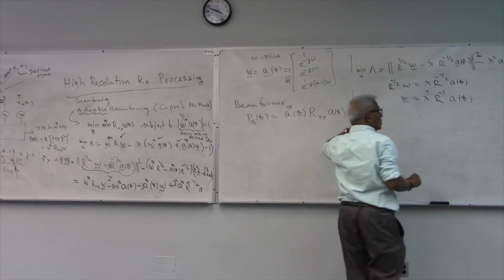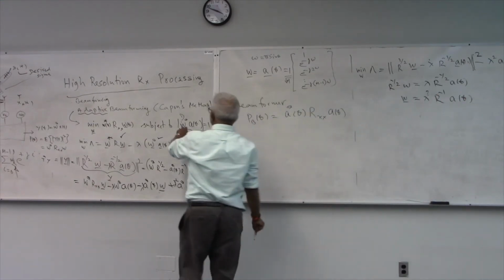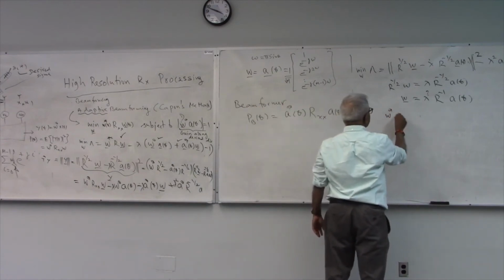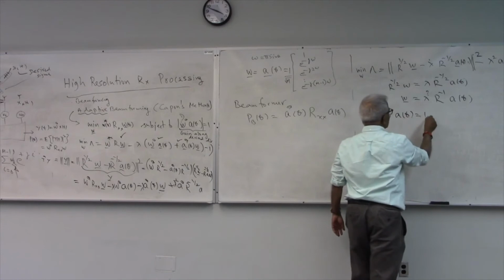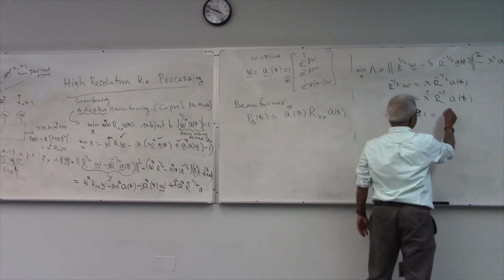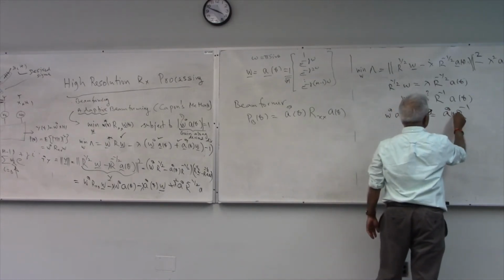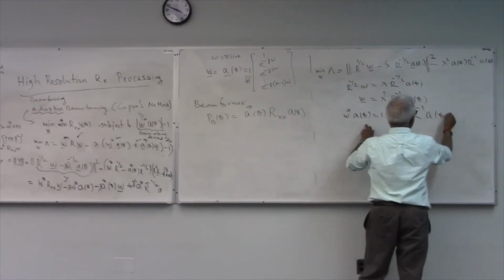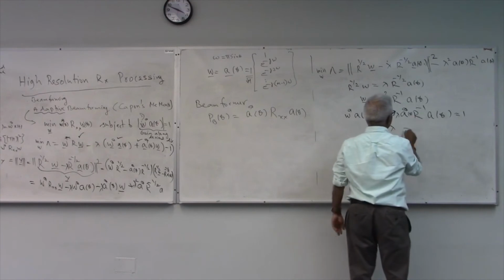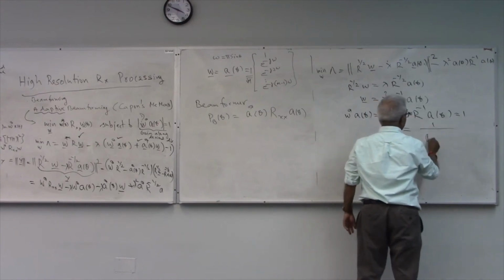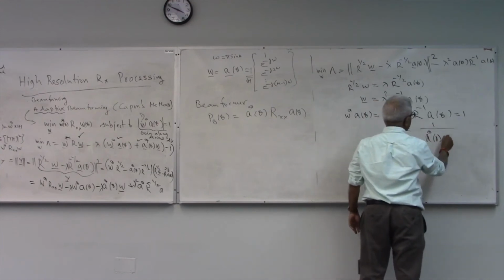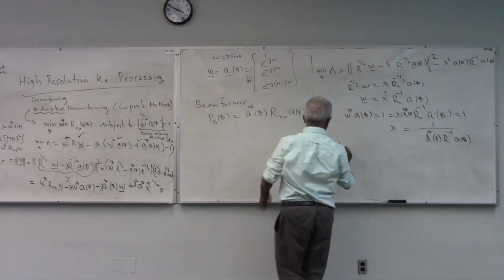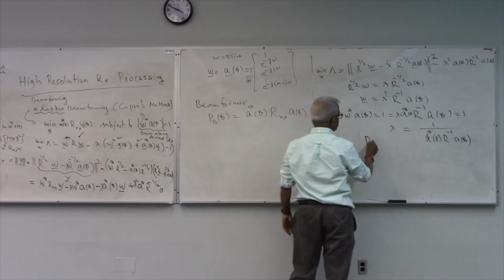So the question is, what is lambda? There the constraint is going to help us. So the constraint says W transpose A theta should be 1. But W transpose is, look here, A transpose R inverse from here, right? Lambda A theta, this should be 1. So we can solve for lambda. Lambda is 1 over A transpose theta R inverse A theta. So if I put it in here, you get W to be